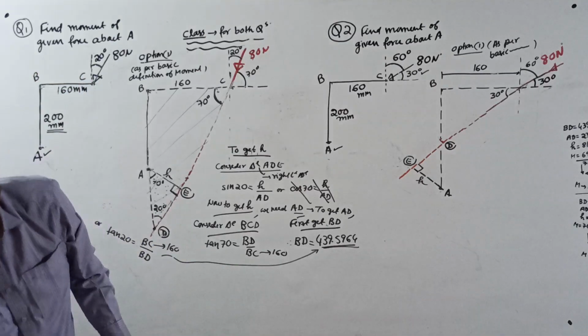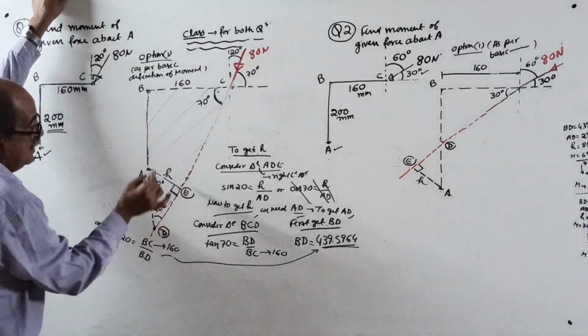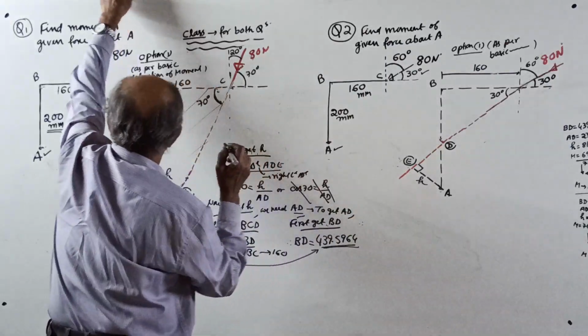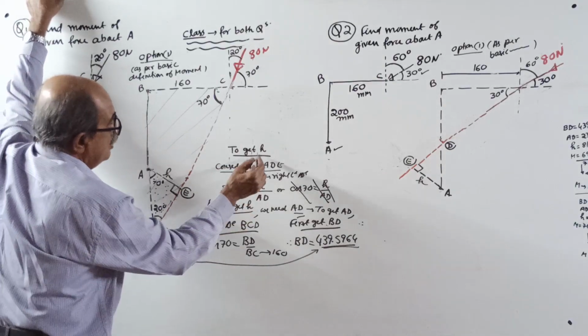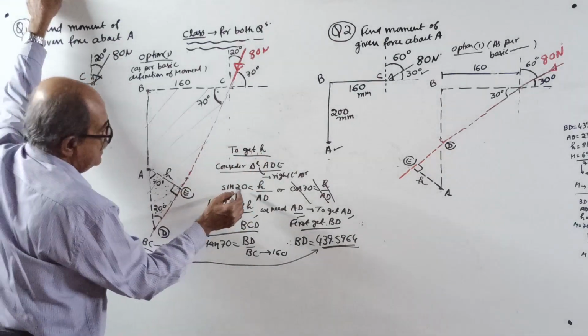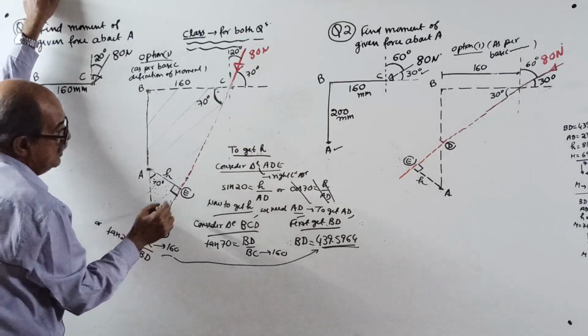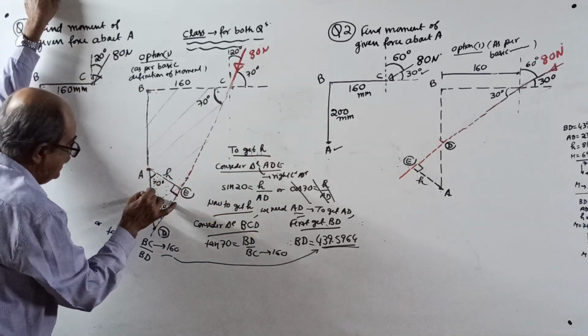439.5964. Okay, that is over. Now we need the value of B to D. Remember, I am working on this side of the space. What we want is the value of H. To get the H value, you require A to D. Now, BD is known. So which one do we require? AD. Therefore, AD equal to